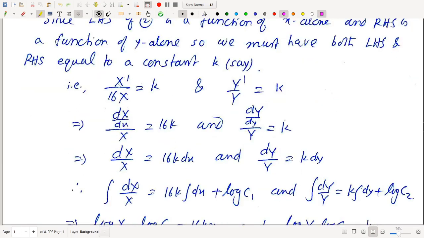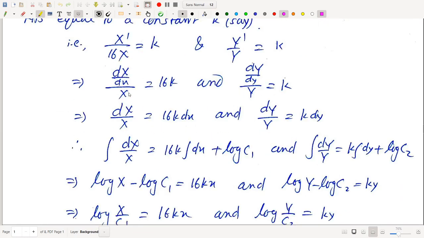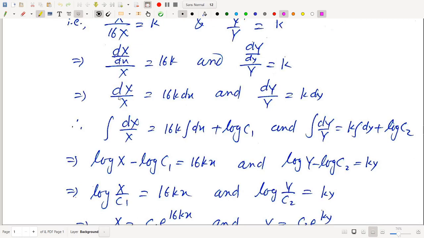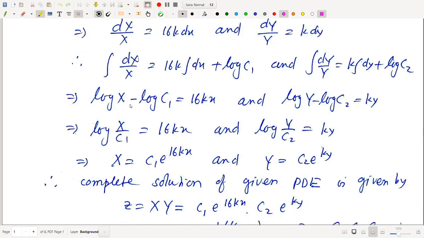Therefore X dash by X equals 16k, Y dash by Y equals k. X dash means dX by dx, capital X, equal to 16k, and Y dash means dY by dy, small y by capital Y equal to k. Then separate the variables: dX by X equals 16k dx, dY by Y is k dy. Integrating as before,